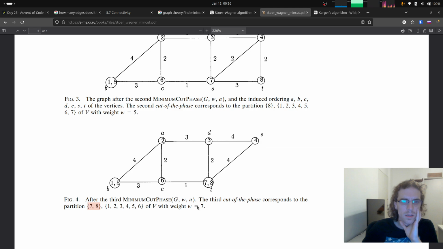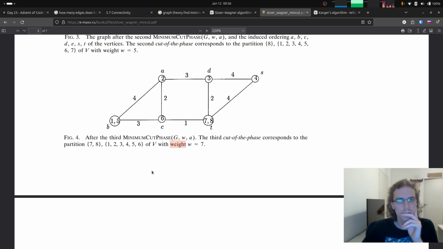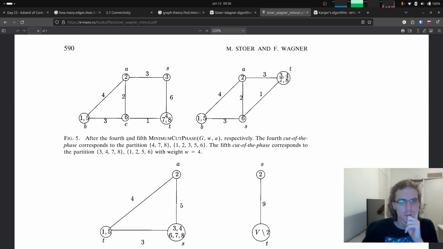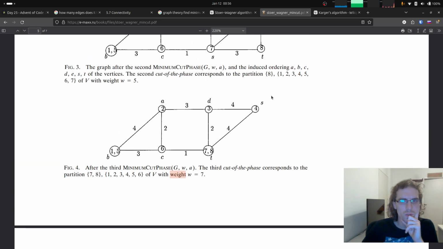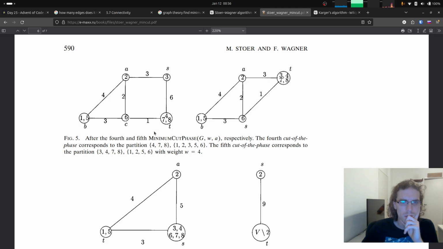Okay. The weight of 7. And then we contract this 2. Right, so we're going to contract this 4, these 2 are going to add up to 6, so this is what we see here. At the fourth and fifth minimum cut phase, respectively, the cut corresponds to